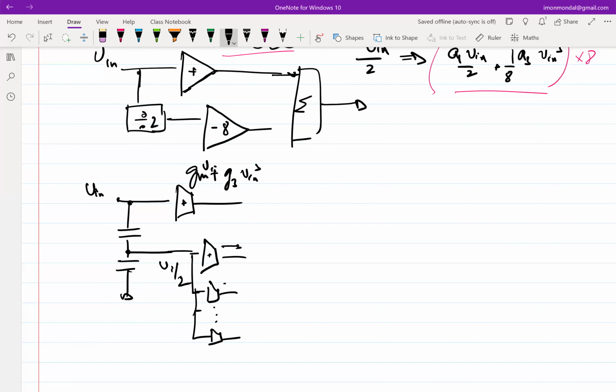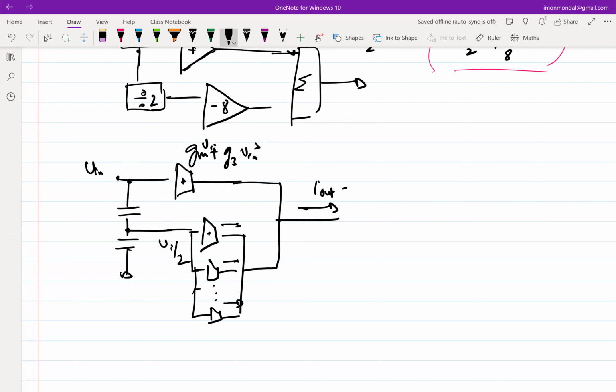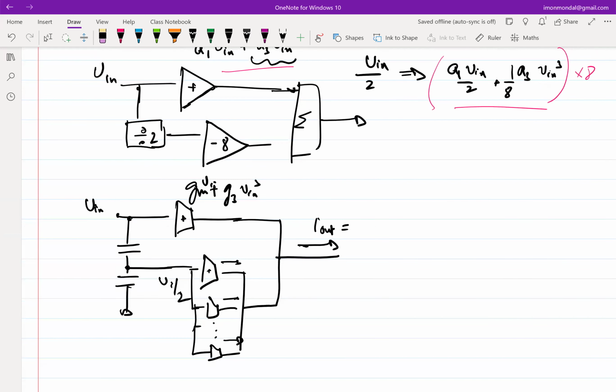And these are all spitting out currents. Current addition is simple. You connect the outputs of an OTA, and you count the effective current that comes out. This should be in opposite polarity, right? So this has to be negative, negative, negative because you're subtracting. The effective polarity that will come out is